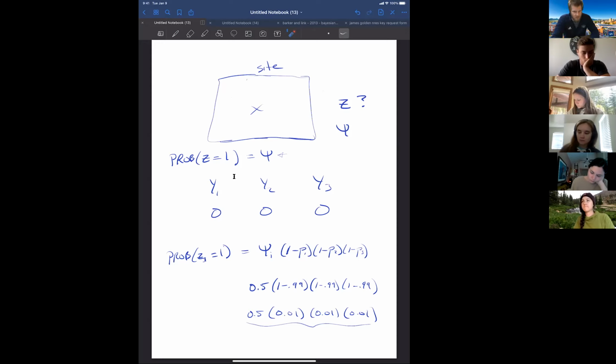All right, so we don't need to fill in all of these, only where the sum of the y's equals 0. So I'm just going to make an indicator variable for that because we'll use that a lot. These are the sites where we didn't see any animals. I'm just going to leave the ones where we did see animals alone at 1. All right, so Z star